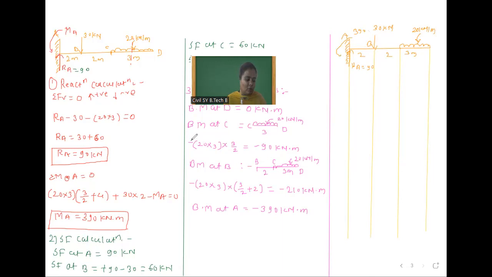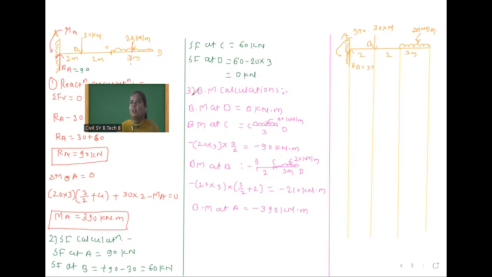Shear force values are all positive, no? Yes. So first we will draw a baseline, and then we will draw the shear force diagram. So this is, suppose, the baseline. Now shear force at A. Shear force at A is 90 kilonewton. Okay. After that, up to B point, there is no force. That means the shear force diagram is constant. After that, at B point, downward 30. So we have to go below by 30. That means at this point, shear force is 60.